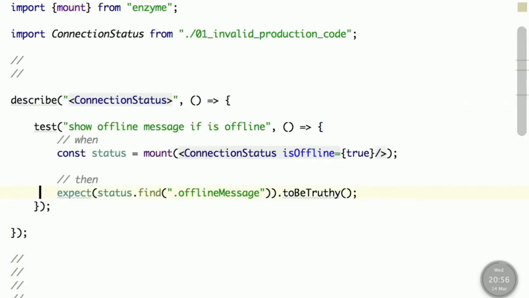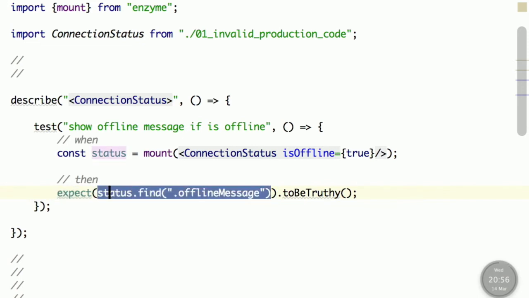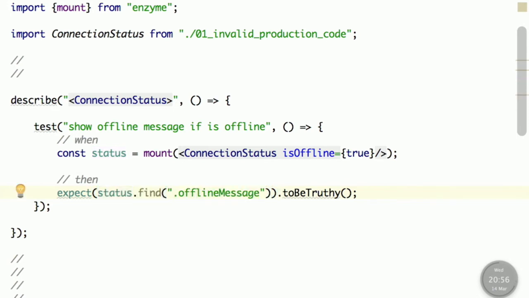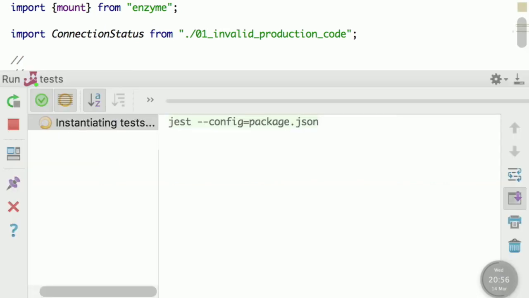This particular expression is returning an enzyme wrapper. This is an object helper, which helps us to find an element in the DOM, but it's not the thing we are looking for. So if you are checking that it is truthy, yes, because this helper is always truthy. We can also say here, hello, WarsawJS. It will also pass.